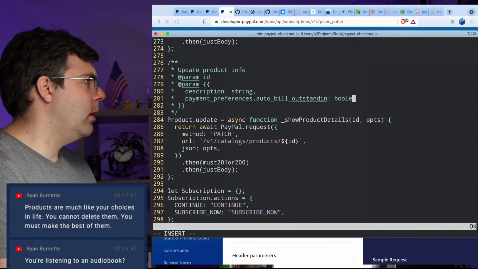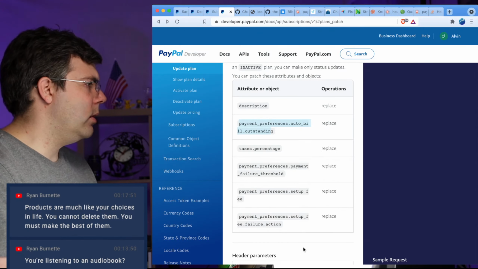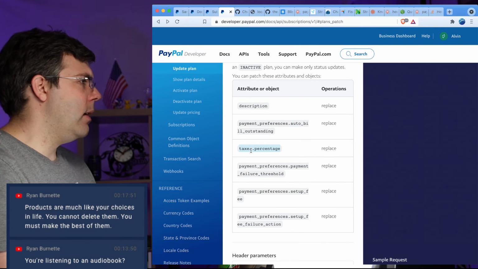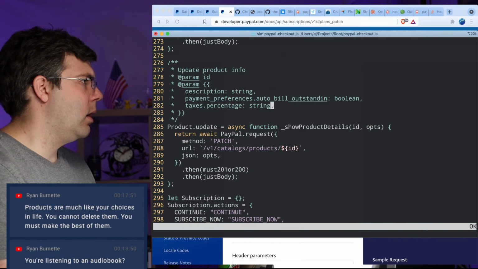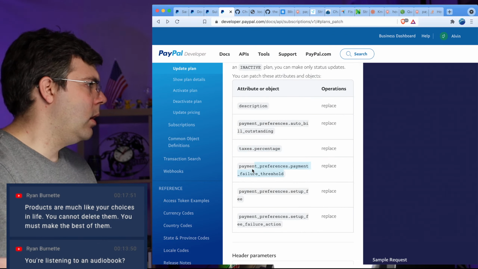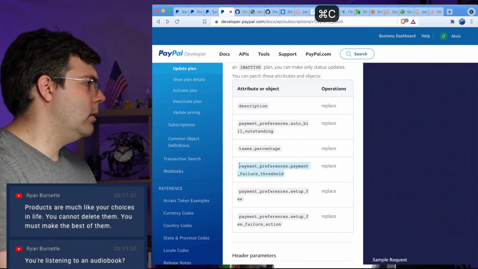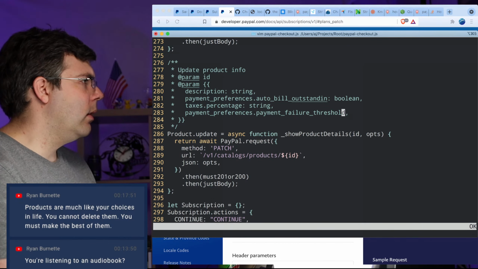Might as well just put it in here. I think you can do dot notation like that for this, and then this is a string. And this is, I don't know if that's a number or a string, because they're really weird about their numbers. I'm going to go with number.